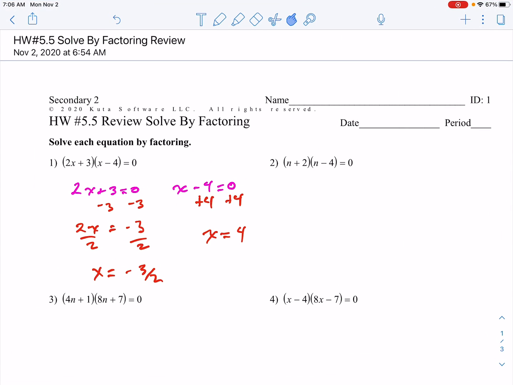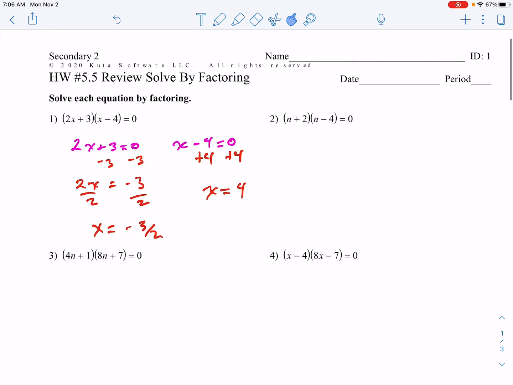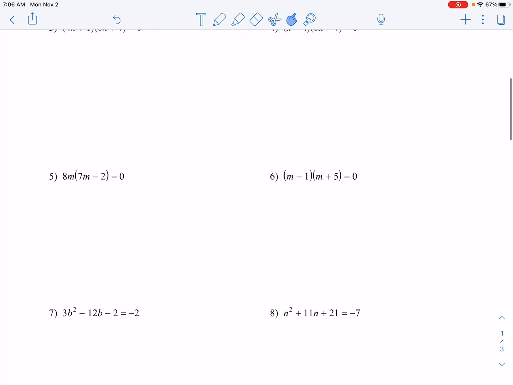Okay, let's look at another. How about number 5? Again, it's already factored for us, so we can simply take the two factors, 8m and the other, set equal to 0. And when I talk about factors, I'm saying the two things that are being multiplied. The two things that are being multiplied are the two factors. I'm going to set each one of those equal to 0